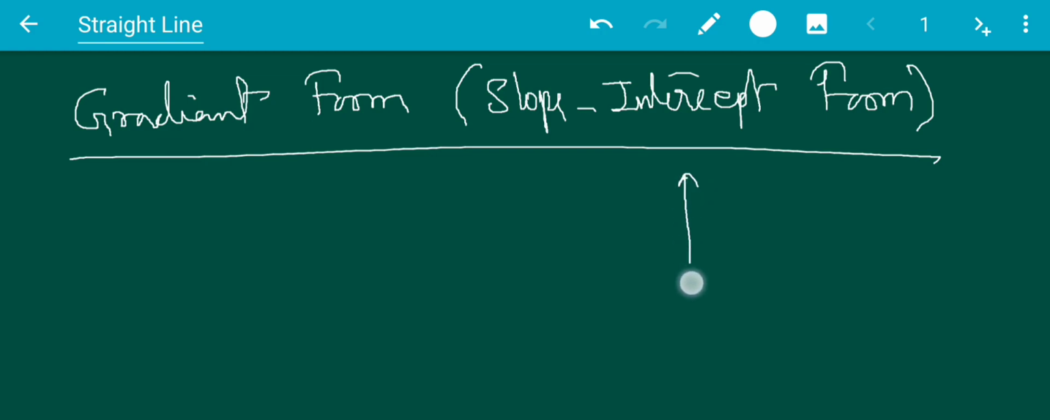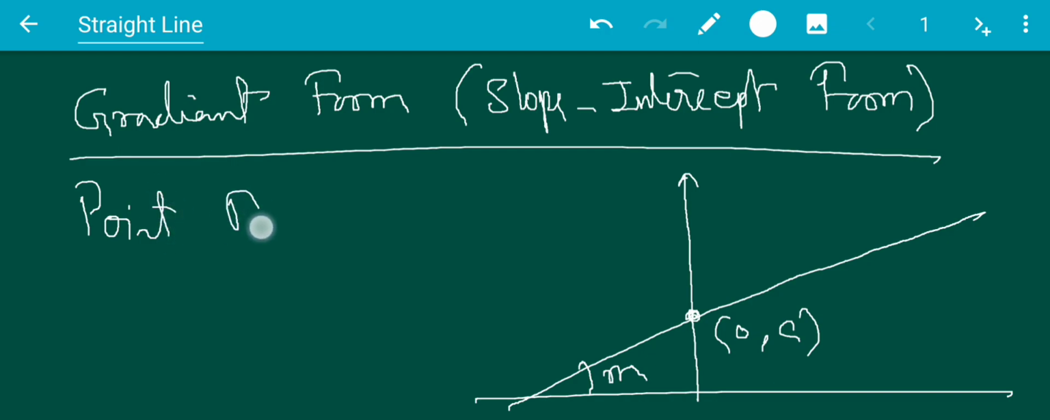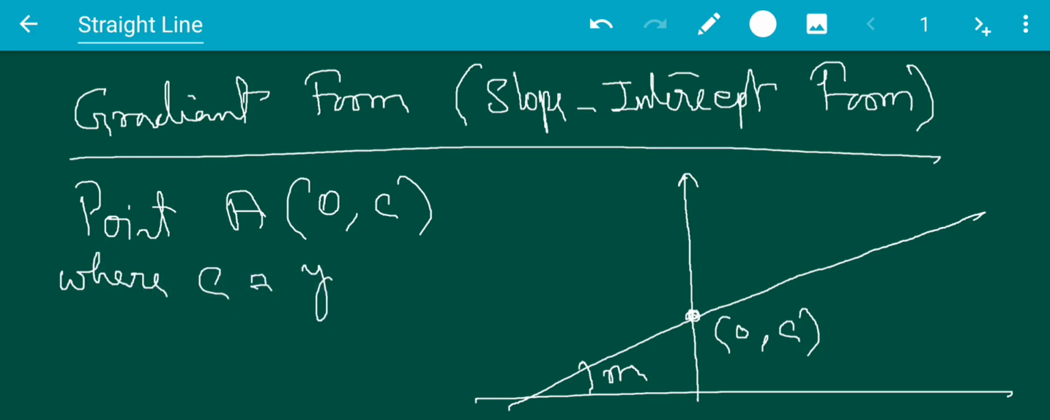This is slope intercept form. In this equation we assume the line has a slope and a y-intercept, which means it intersects the y-axis at the point, suppose, 0 comma c. So we have a point A, that is 0 comma c, where c is equal to the y-intercept,